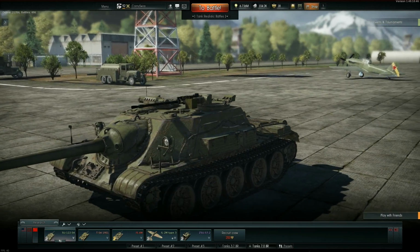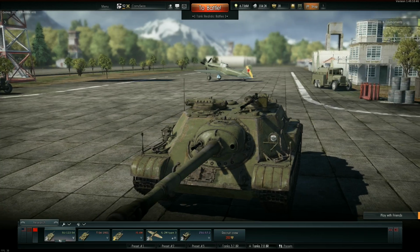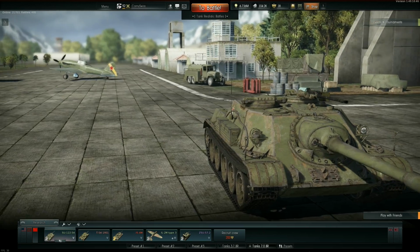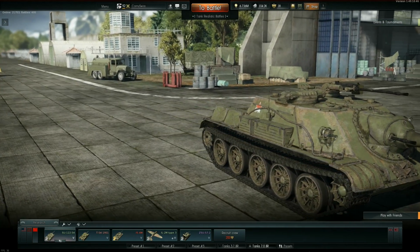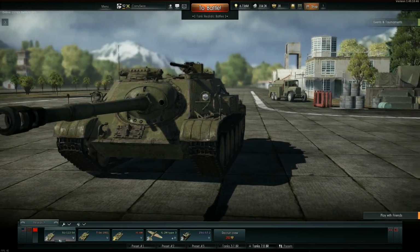and I think people are generally not going to do as well in it as they could, because this tank really requires a more passive playstyle. It's something that I really struggled to do when I first started playing it. I was way too aggressive, and that led to me having not very good games for days. And it's part of the reason why I think the battle rating could be dropped, because you have to